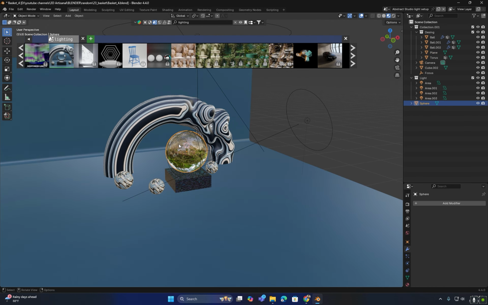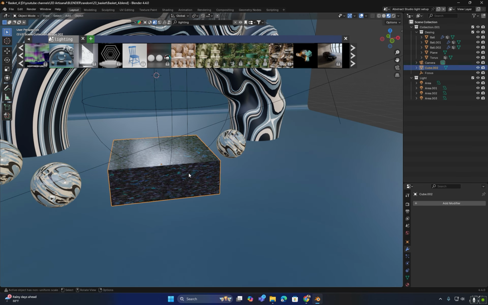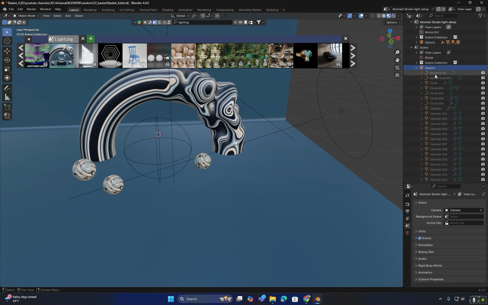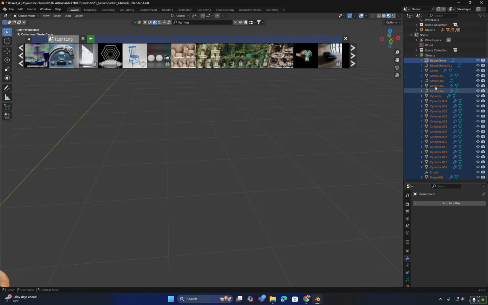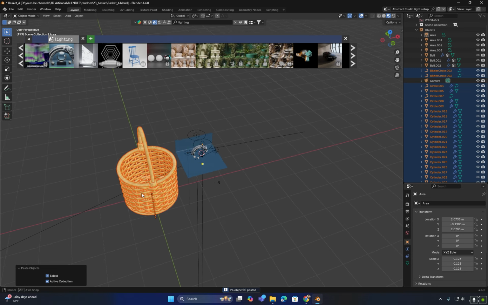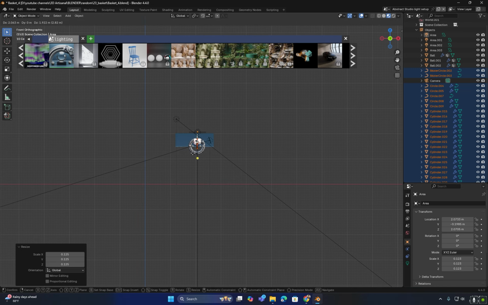I will select the sphere and this extra part and delete them since I don't need them. Then I will click here and then on scenes to see both scenes in the outliner. I will select all the objects we designed in the previous scene and copy them using Ctrl plus C. Next, I will switch to the new scene and paste the copied objects there. I will scale them down to fit with the new scene and adjust their position accordingly.